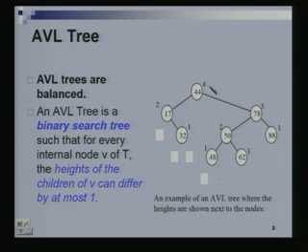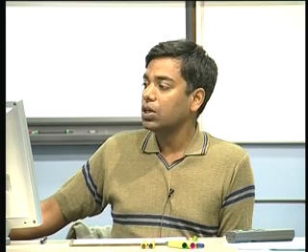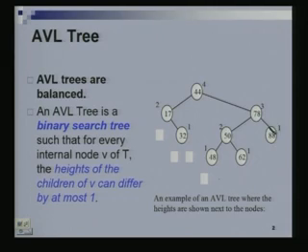So this is with respect to definitions in AVL trees. We are going to call this the height of the tree for the purposes of AVL trees. With every node I have put down the height of that node. So what is the height of a node? It is just the height of the subtree rooted at that node. This is height 1 because there is nothing below it. All the leaves will have height 1. The parents of the leaves will have height 2, and so on.